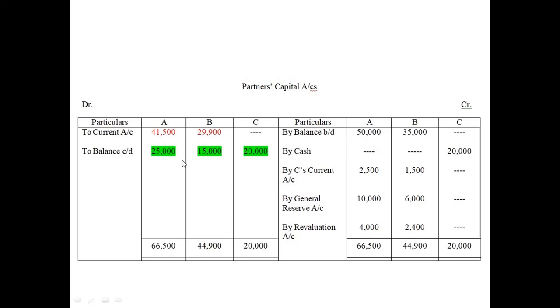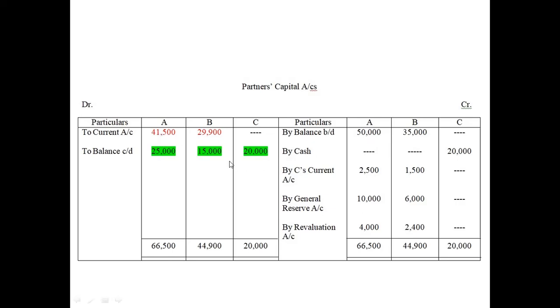Okay, isn't it? So, whichever side is more, get the total of it. Whichever side is more, get the total. So the total amount is how much? 66,500. Write the same total here also, 66,500, and from there you subtract 25,000. So how much you will get? You will get 41,500. Okay, write the amount.